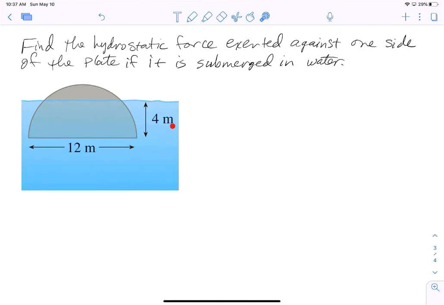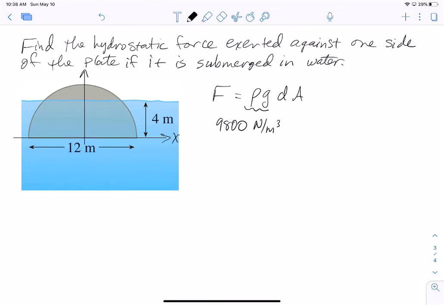We notice that we're in meters, and so we are in the metric system. So considering that force is rho times gravity times depth times area, that is the key. Our rho times gravity here is going to be 9,800 newtons per cubic meter. As for the depth,